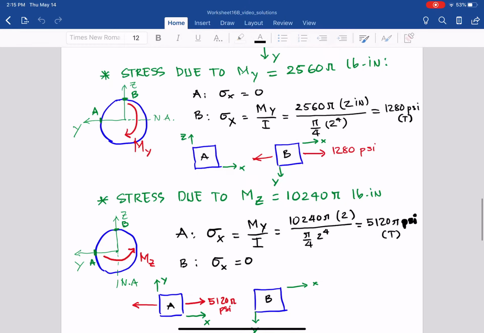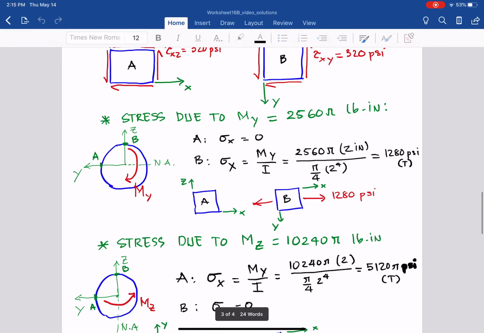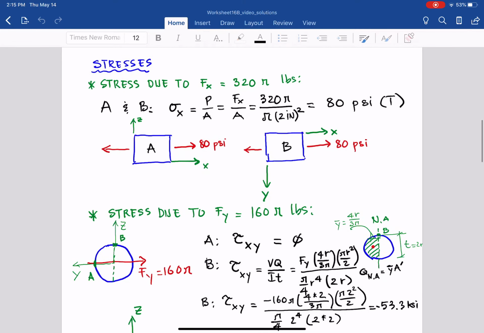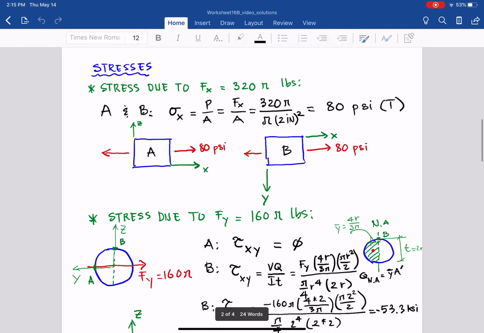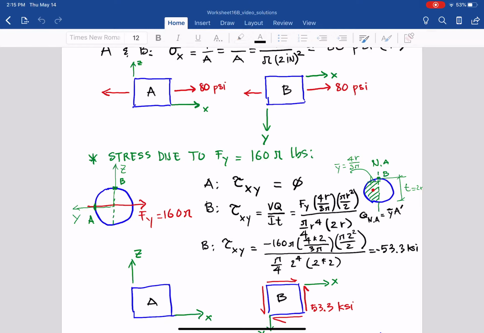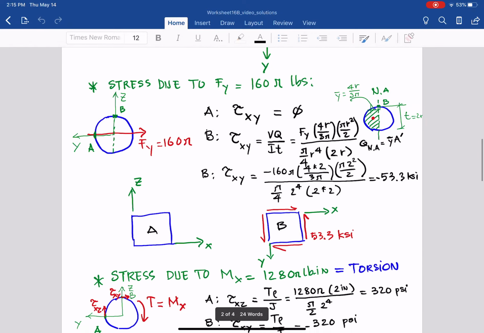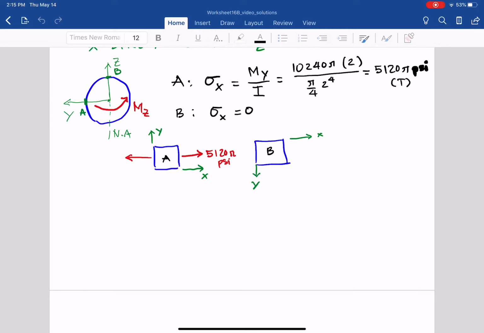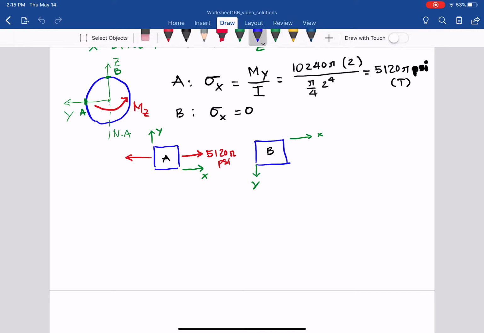After we find out the stress due to all of the five forces and moments on the cross section, then we can use superposition and add all of that together. So, the final step here before we move on to find the principal stresses and maximum in-plane shear stresses. So add